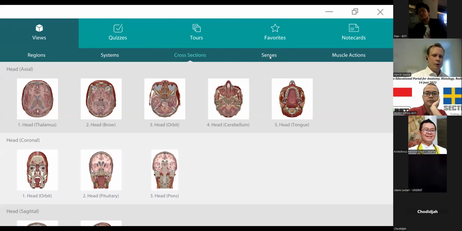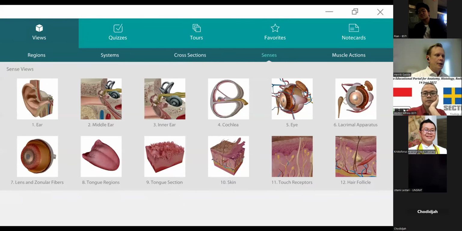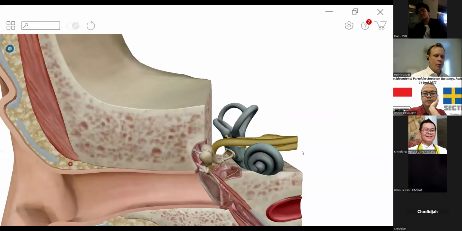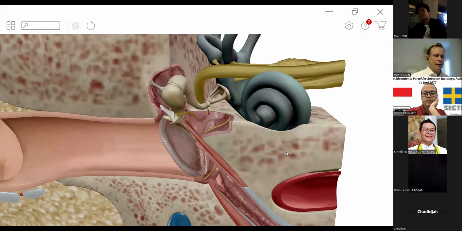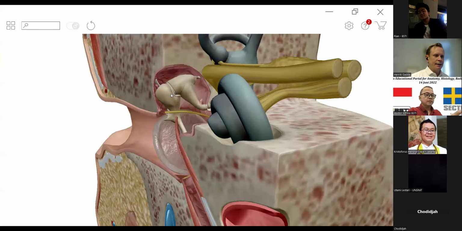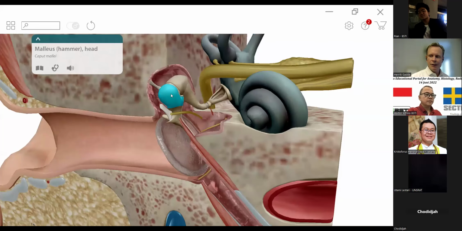There is also a section for senses. We can focus even more on the special senses and click on structures to have those highlighted. And if we want to remove